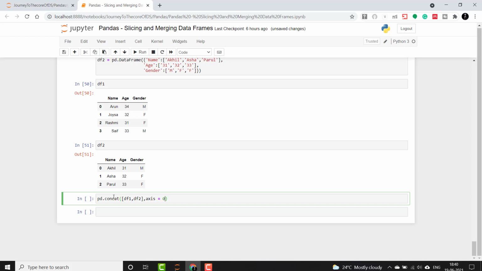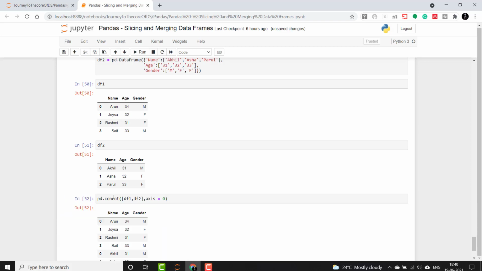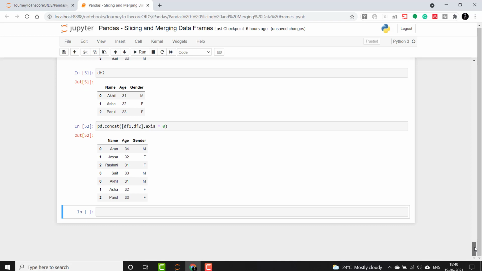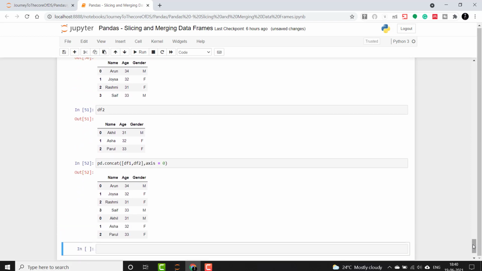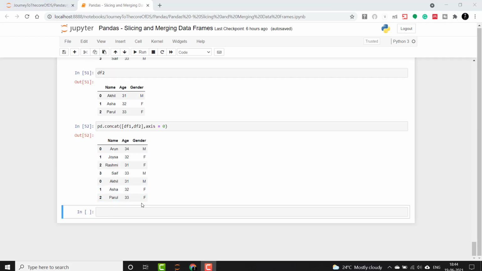The first argument is always a sequence of the data frame and the second is axis, which indicates that we want to concatenate along the row axis. So this is row axis. If we say 1, that will be a column axis. So now you will observe that just below the first data frame, these three records are appended, that is Akhil, Asha and Parul. So a useful and intuitive alternative to concat along the rows is also the append function.